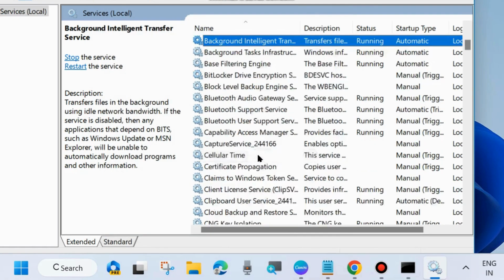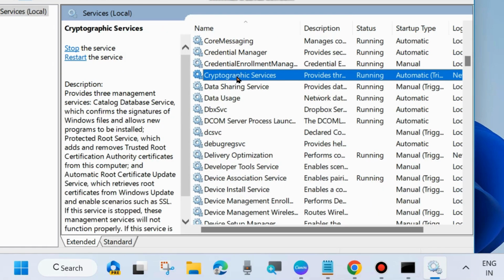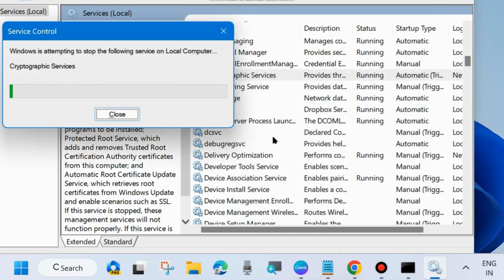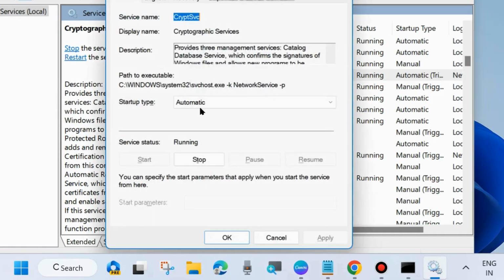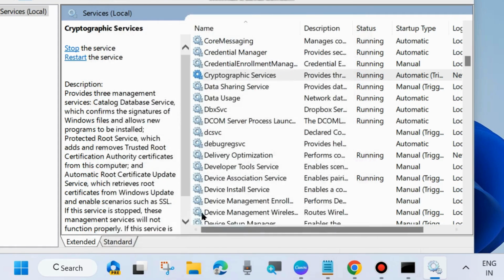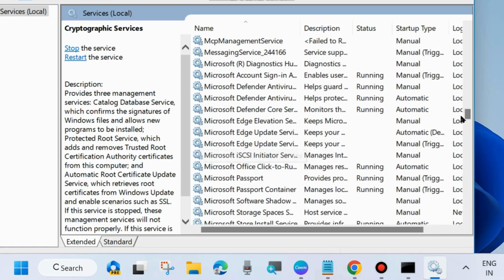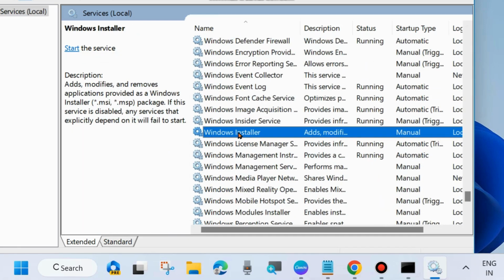The second service is, scroll down and look for Cryptographic Services. Same process, right click on it and first choose start, otherwise restart. Thereafter double click on it to open its properties and go to the startup type section and set the startup type as automatic and choose apply and OK to save the changes. The third service is, scroll down and go to W alphabet and look for Windows Installer service. Same process, right click on it and choose start, otherwise restart,